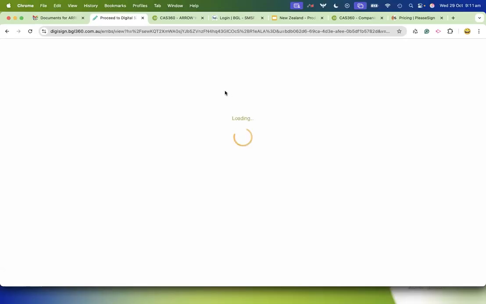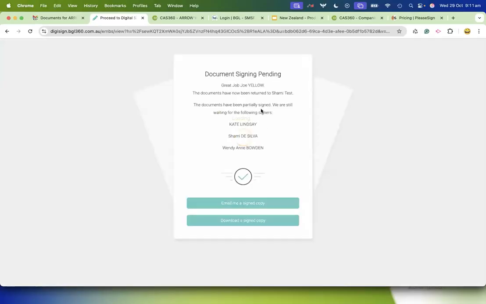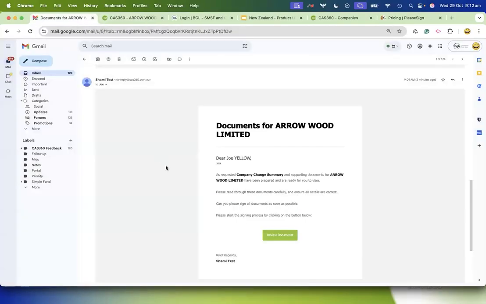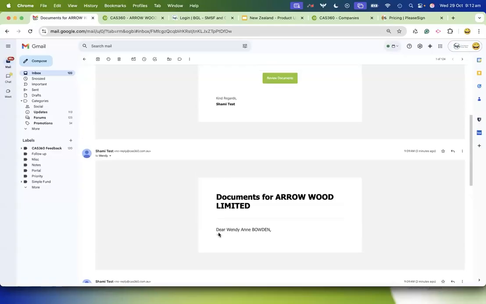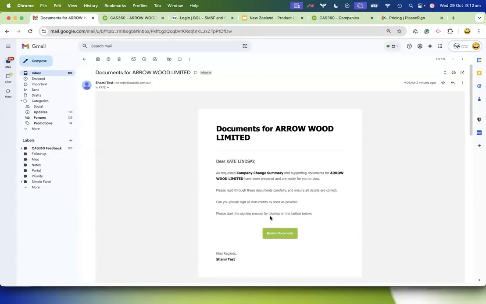Once that's done, the signed document and the notifications are sent back to CAS 360 saying that Joe has signed the document. And then it needs to move on to the next signatory. So it tells us that we're waiting on Kate, Shami, and Wendy to sign the documents as well. And the next step is for Wendy to sign the documents and Kate to sign the documents and follow the same process. If I jump back into CAS 360,